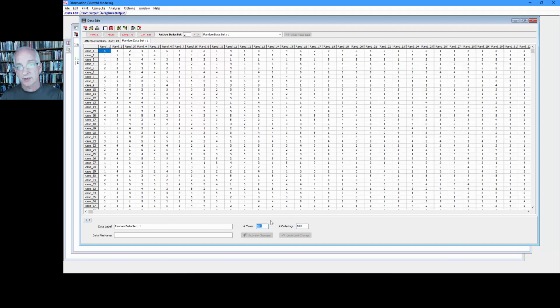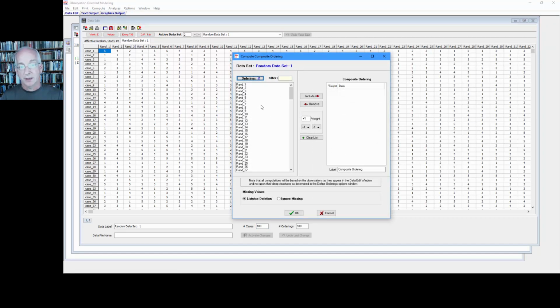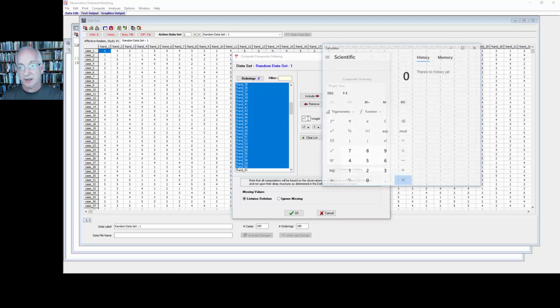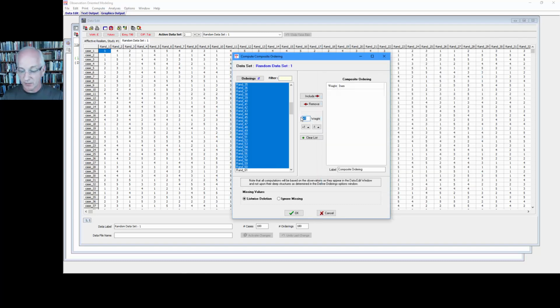Now we need to average orderings to get the positive, neutral, and negative ratings. We can do so most easily, I think, by using the compute and then compute composite orderings option. What we need to do is move over the first 60 ratings, and we'll say those are the positive ratings, the positive images rather. If I move them over and just sum them up, I'm going to have a total score, but I want an average here. So I need to weight each of these orderings or observations by some value. To get an average, since there are 60 of them, I need 1 divided by 60. And that gives us 0.0167. So I'll use that as my weight then,